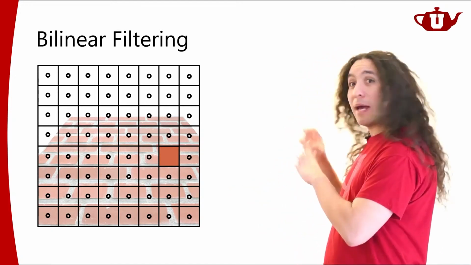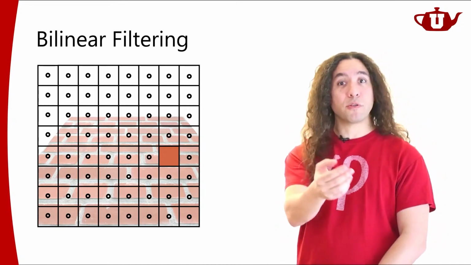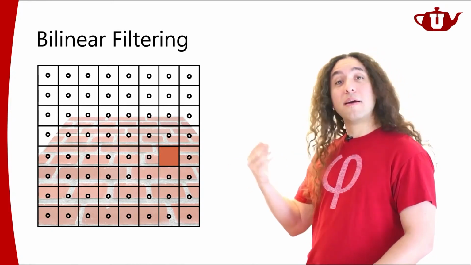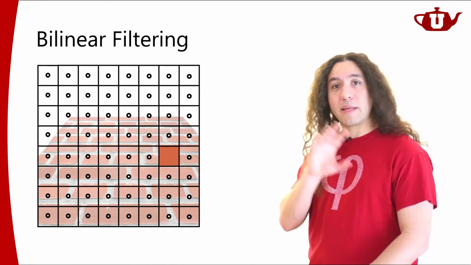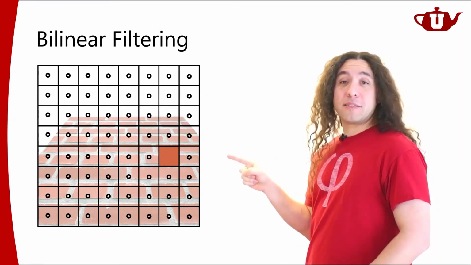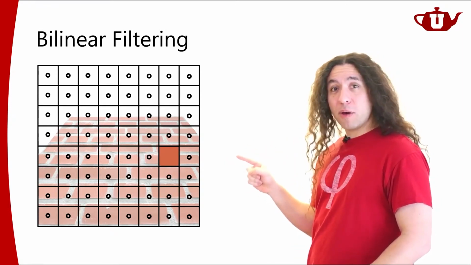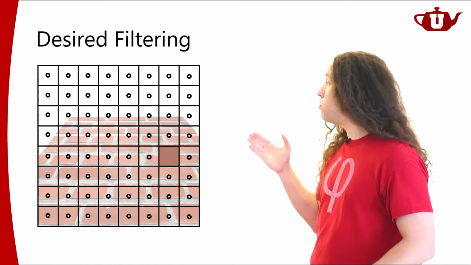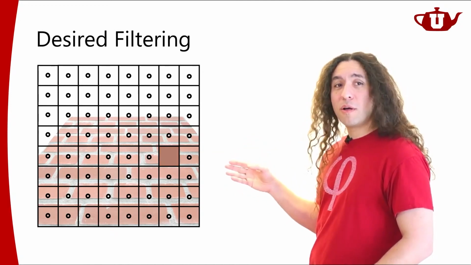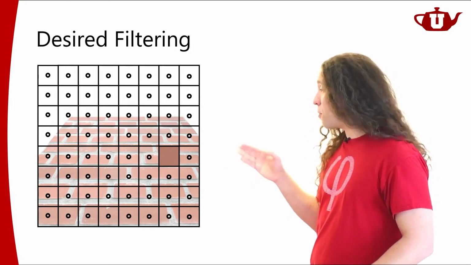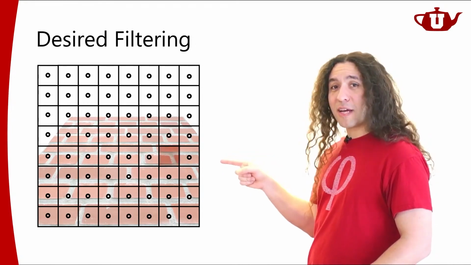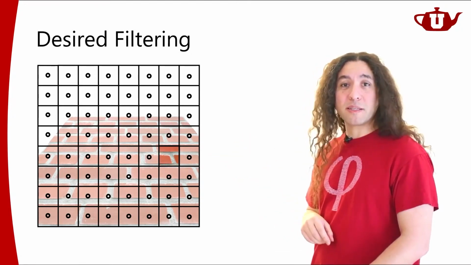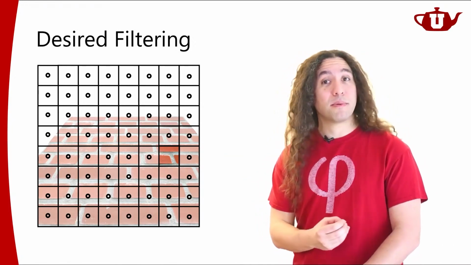And that's why we had all these dancing pixels that were further away from the camera, because the probability of something like this happening is a lot higher when you're looking at an object from far away and the texture has high resolution. What I want is not this or this. What I want is this average color that corresponds to that entire pixel area. I would like to use for that pixel the average color of that entire texture area that corresponds to that pixel. That's actually what I want, right?